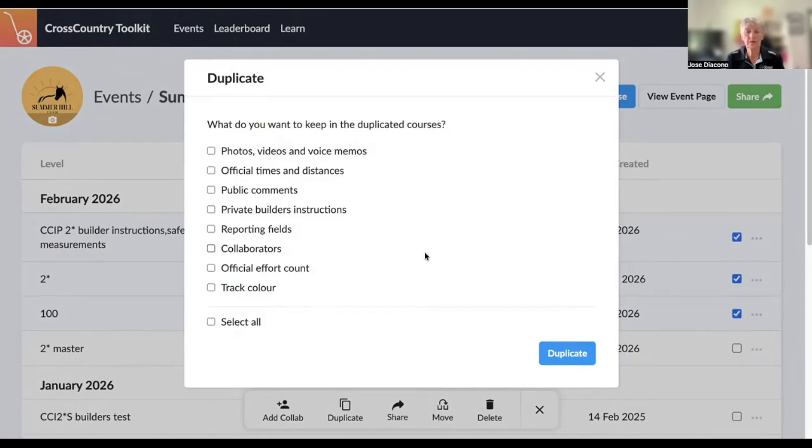You might want to not include the collaborators until you've done a bit more work on the course and then add them later. So there's all these things that you can either select all if you want to do the old-fashioned duplication, or you can just say, well, look, I just want the photos and the reporting fields, and I'll do my duplication. So if I duplicate those now,